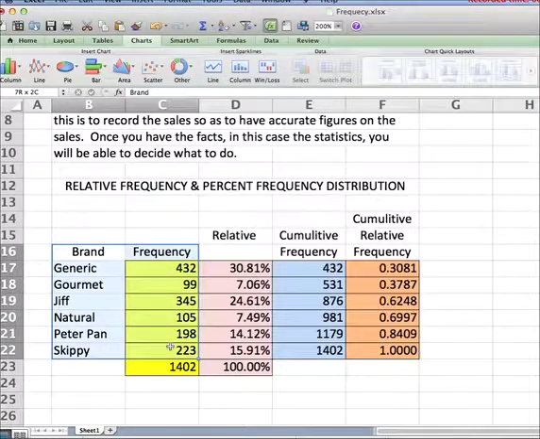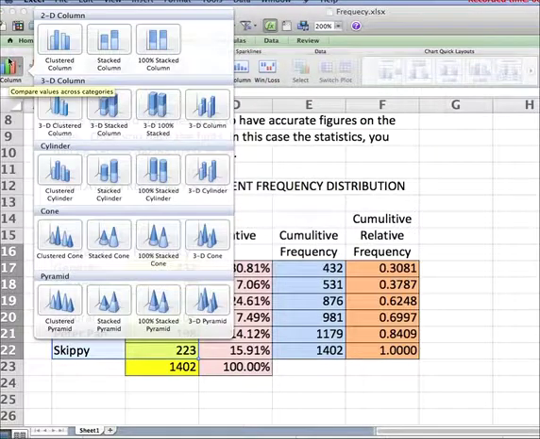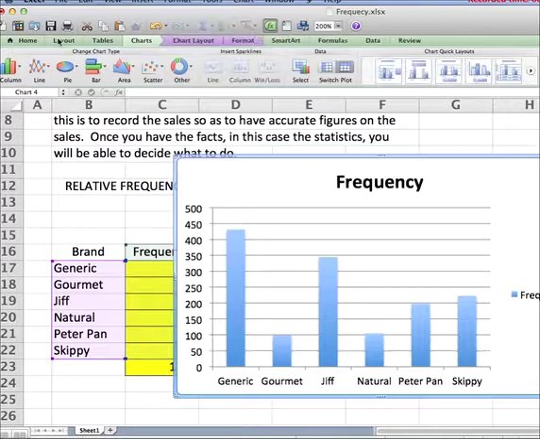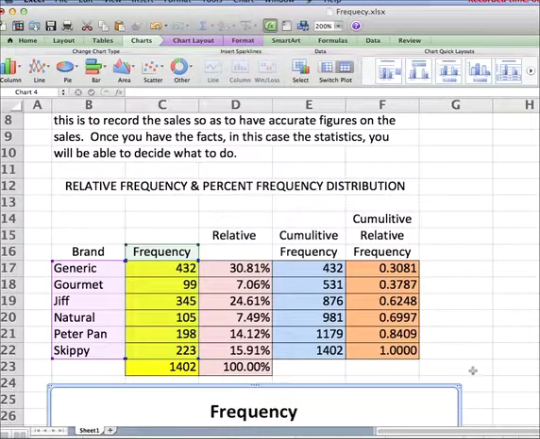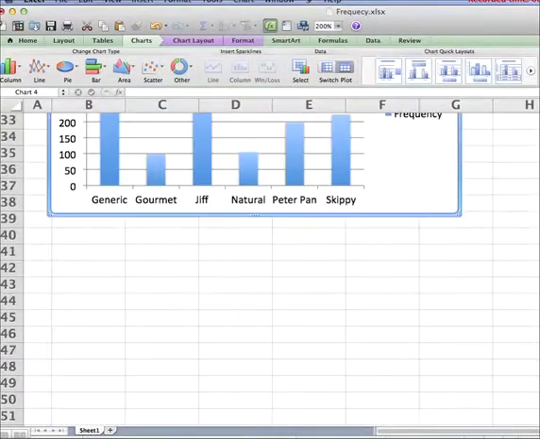And to do that, I'm going to again highlight the brands and the frequency that they represent on the actual chart. And then I'm going to go up to the ribbon where you see column chart, and I'm going to click on that, and I'm just going to select the first one. Now we have a frequency chart which is shown as bars on a chart